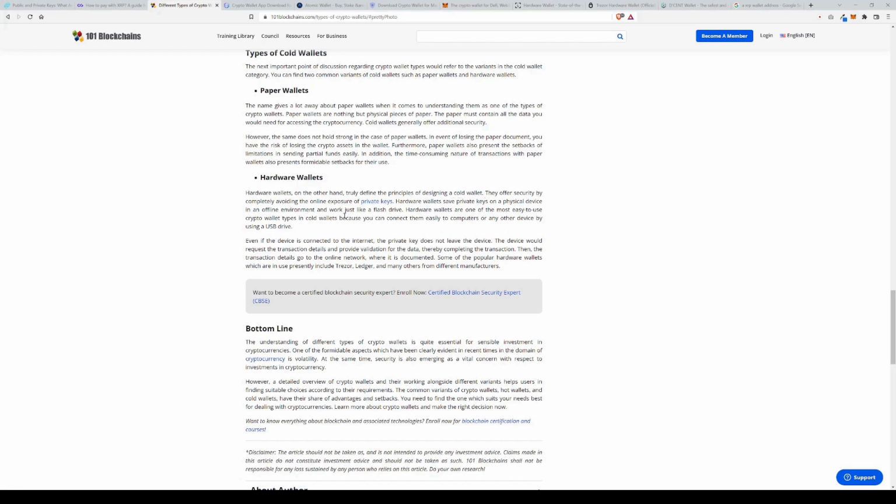They offer security by completely avoiding the online exposure of private keys. Hardware wallets save private keys on a physical device in an offline environment and work just like a flash drive. Hardware wallets are one of the easiest to use crypto wallet types in cold wallets because you can connect them easily to computers or any other device by using a USB drive. Even if the device is connected to the internet, the private key does not leave the device. The device would request the transaction details and provide validation for the data, thereby completing the transaction. Then, the transaction details go to the online network where it is